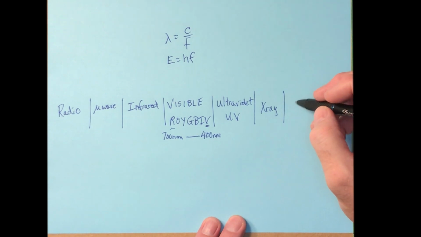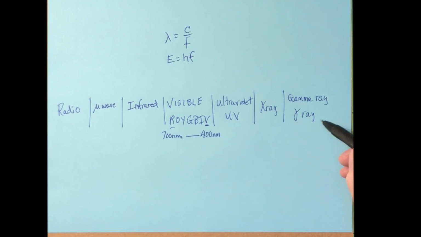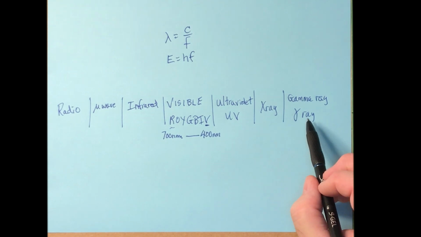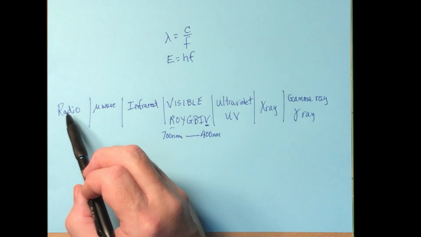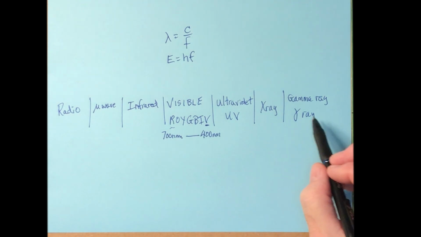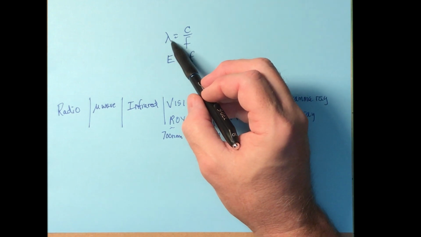Okay, beyond the X-ray region, there is the gamma ray region, or gamma rays. The gamma ray region is very high energy radiation, very short wavelength, very high frequency, and anything that goes beyond that is still considered gamma rays, just like anything beyond radio is still considered radio waves. And the only difference between all of these regions of the electromagnetic spectrum, like I said, are the wavelength, frequency,